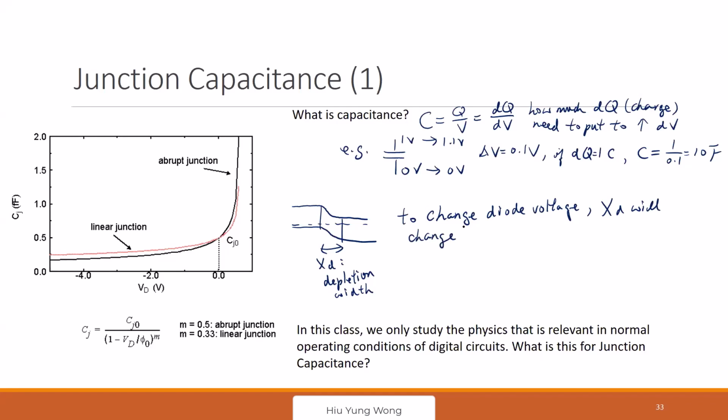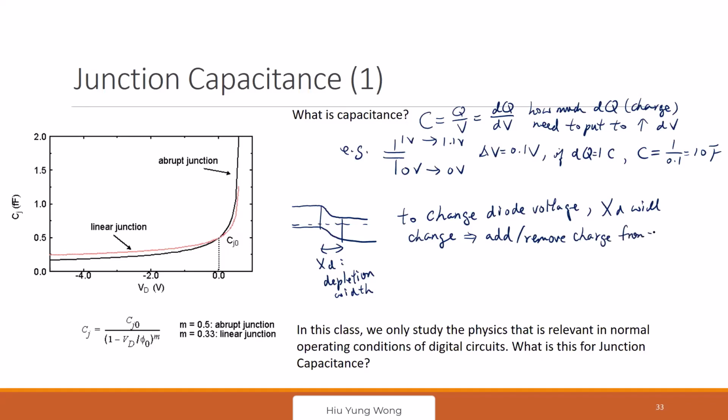We just discussed it. You increase the reverse bias, the X_D increases. You decrease the reverse bias, X_D decreases. When you do this, what does it mean? I need to add or remove charge